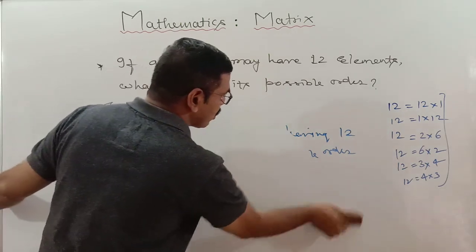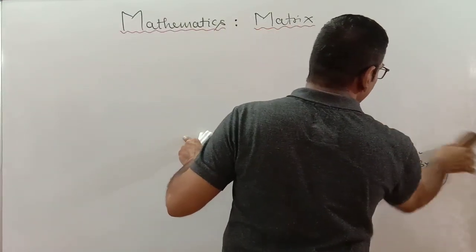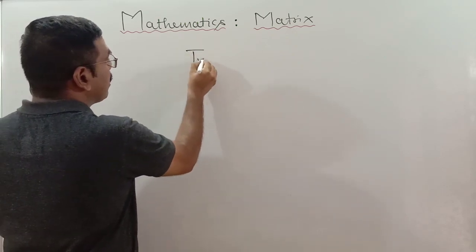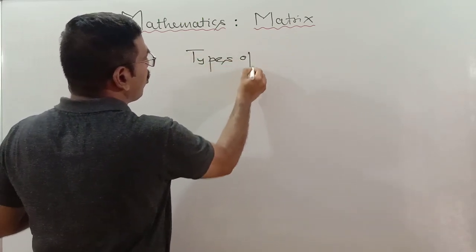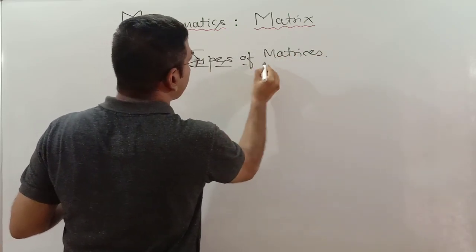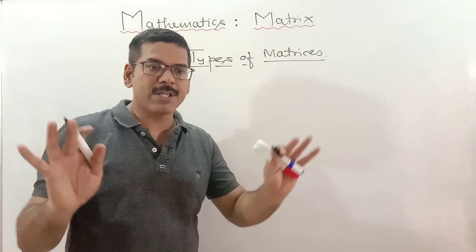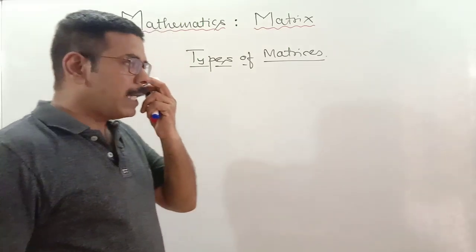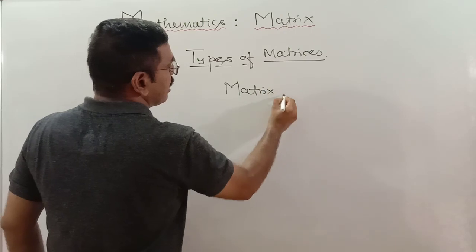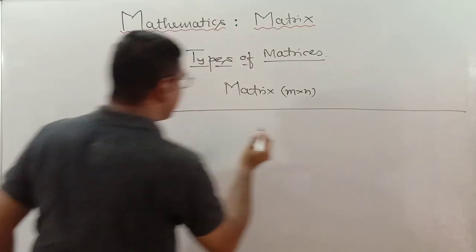Now we should talk about the types of matrices. How many kinds of matrices are there? So types of matrices. Okay, for that I am not writing any definition. I am just making a diagram and I will make you understand all such things. Okay, as you know, suppose a matrix is there and its order is m cross n. m cross n का एक matrix आपके पास है यहाँ.